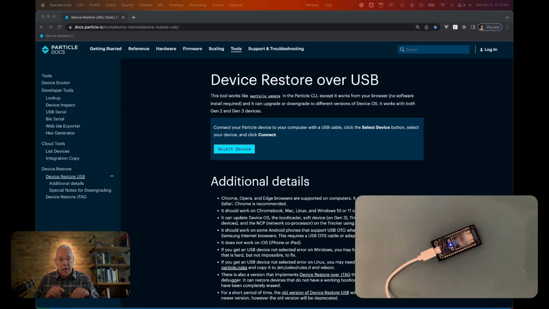particle.io/tools/device-restore/device-restore-usb. And it's really, really cool because it seems to identify the device no matter what mode it's in, and it tells you all about how it's currently set up. So let's try it out. First of all, the thing to note is this only works for Chrome, Opera, and Edge. I don't know who uses Opera or Edge, but when you use Chrome and you go to this site,